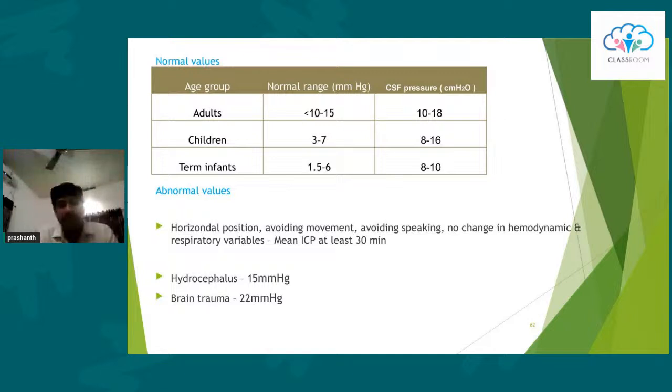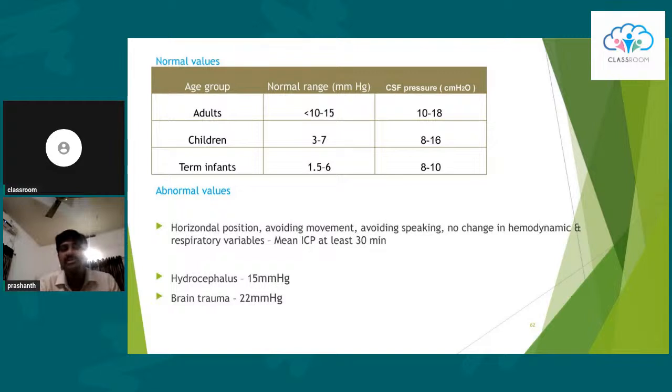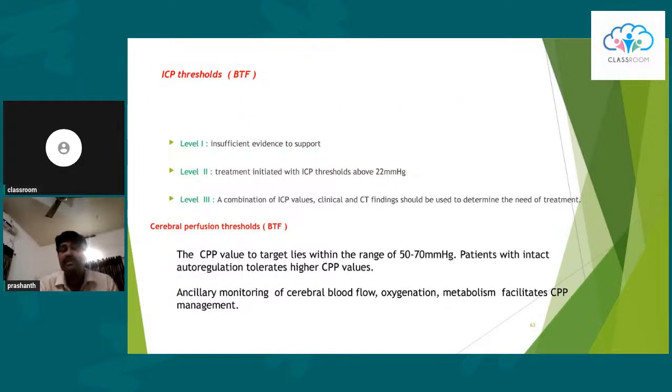Recommendations say that it is somewhere around 22 millimeters of mercury where therapy has to be aggressively instituted. Most studies describe a value somewhere between 15 to 25 as the danger level. But the problem with this ICP threshold is that there is no level 1 evidence to support any particular threshold. However, there is level 2 evidence to say that treatment may be initiated when the ICP is above 22 in brain trauma. And of course, you can use ICP with other clinical findings and CT findings to come